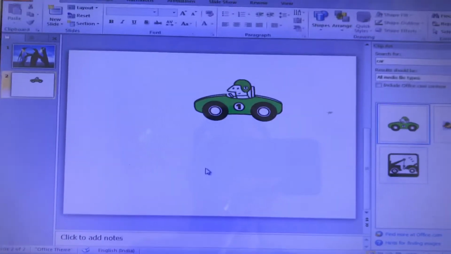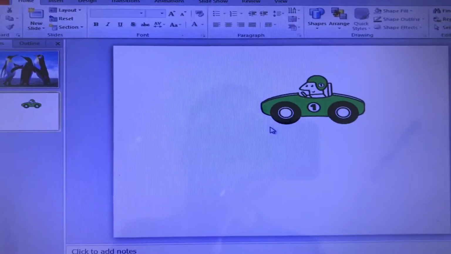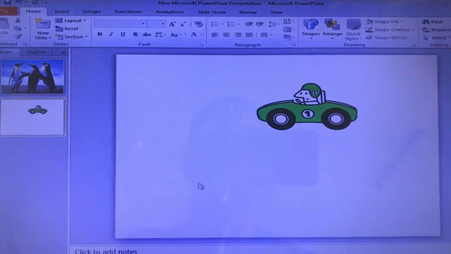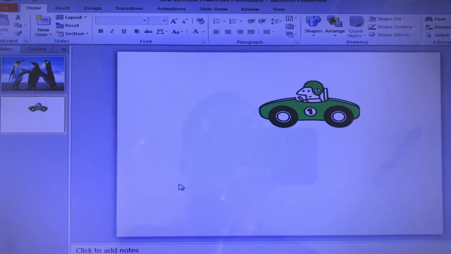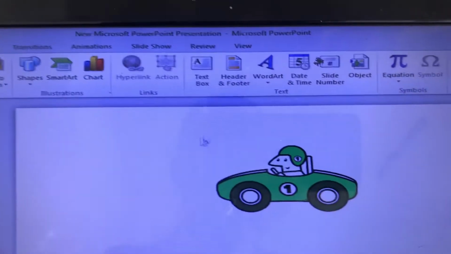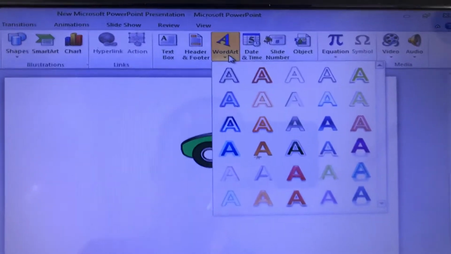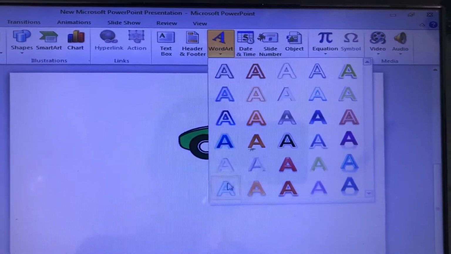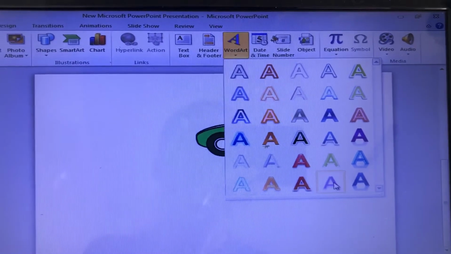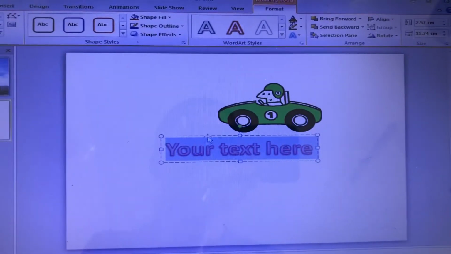Okay, so first of all we will see how to add word art. Okay, now students, where we will find this word art option? So we are inserting something, right? So where we will find it? In insert tab. Okay, so go to insert tab and look here in text group. Here is a word art option. Okay, you have to click here and from here you can select any style for your text. Let's suppose I'm selecting this one. Click on it and it will appear.